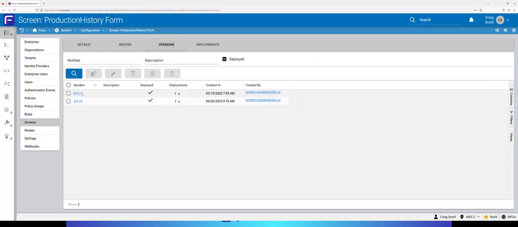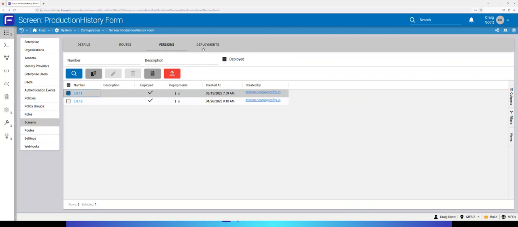We can see the different versions for the screen, so as you're making changes or edits to your screen design, each of those versions are saved, and you can resort back to them. You can even copy a version to create a new one and edit. You can go straight into the designer from here, and you can deploy from here. So many of the development lifecycle options that you would have within the screen designer itself are also available right